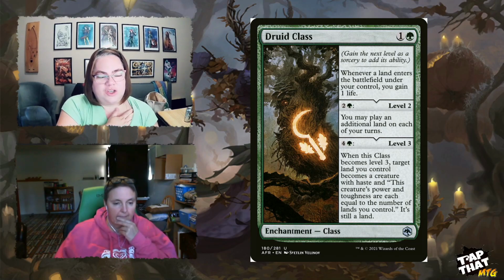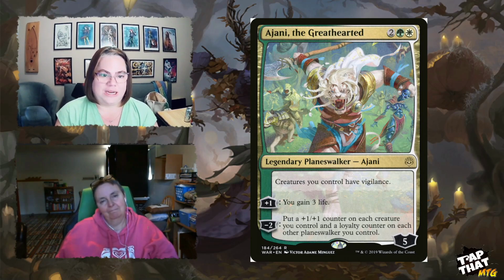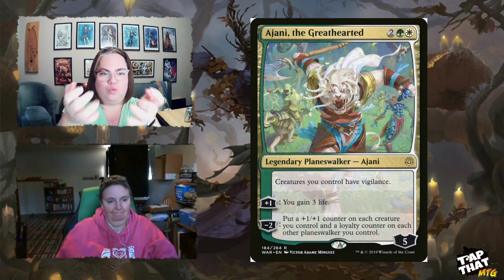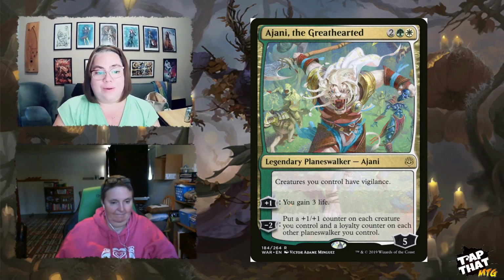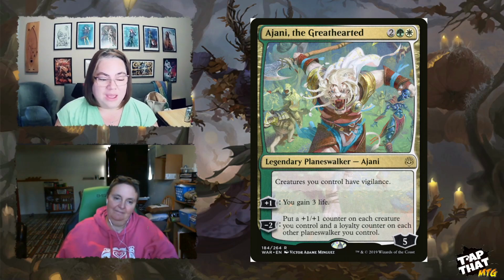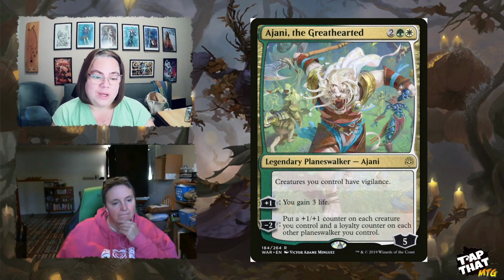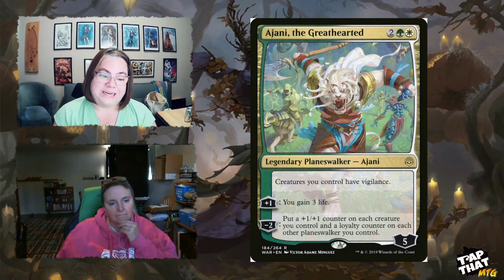Yeah. So Johnny is always a good card in any Celestia deck, in my opinion, because he's a Johnny and he's so cute, and I just want to scratch his little whiskers. But anyways, creatures you control have vigilance, which is awesome. You're probably not going to use his +1 unless you are trying to build him back up. But he has the -2 to put a 1/1 counter on each creature you control and a loyalty counter on